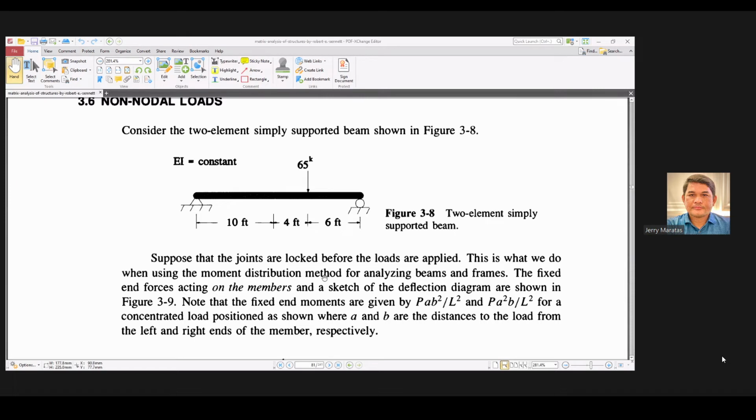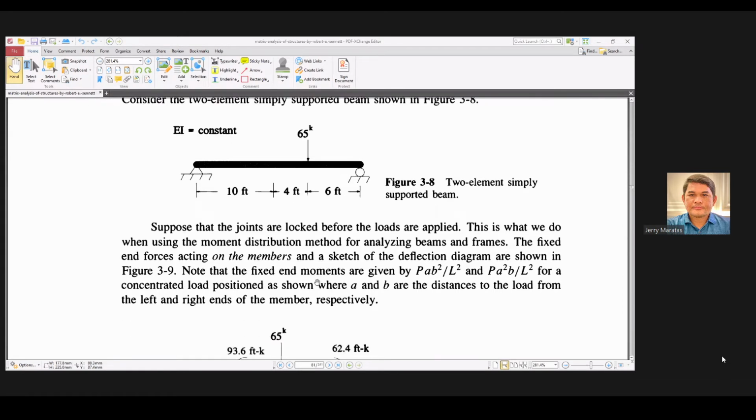So instead of putting a load on the load itself, the principle is still the same as what we do for one-dimensional bars. Suppose that the joints are locked before the loads are applied. This is what we do when using the moment distribution method for analyzing beams and frames. The fixed end forces acting on the members and a sketch of the reflection diagram are shown in this figure